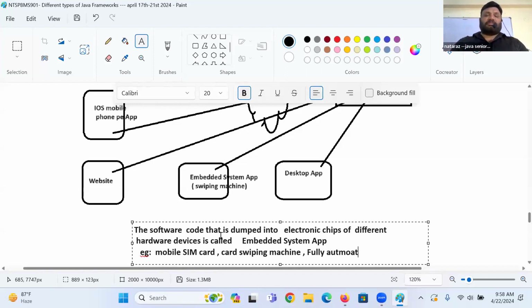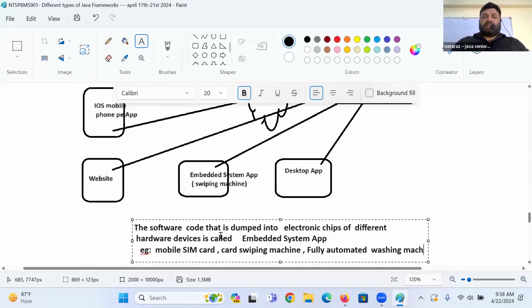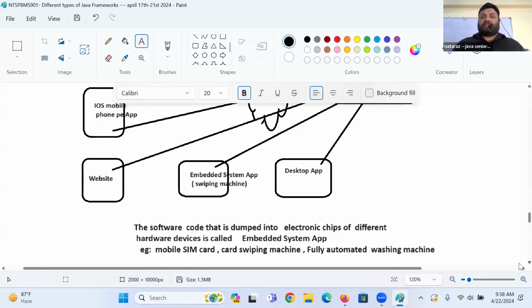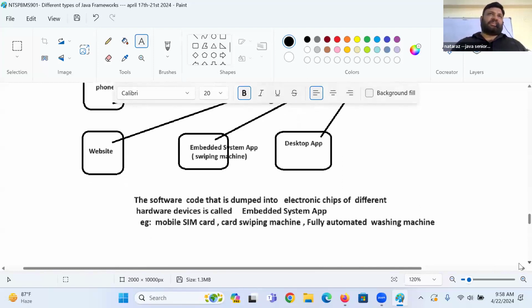The entire device is controlled by the software added in the chip.